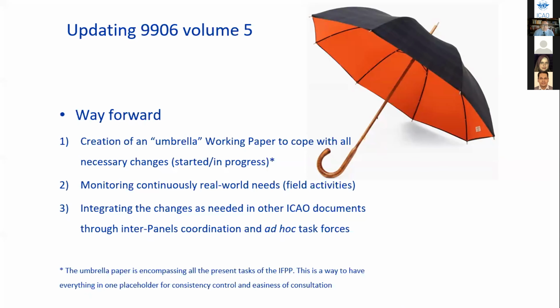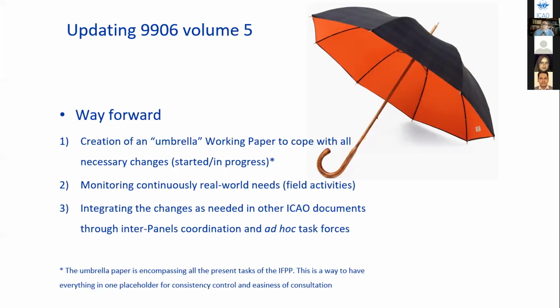Why having this kind of umbrella paper? Because we want to monitor continuously the real world needs. We want to integrate the changes with other ICAO documents as needed, but more importantly, and that's the entire concept